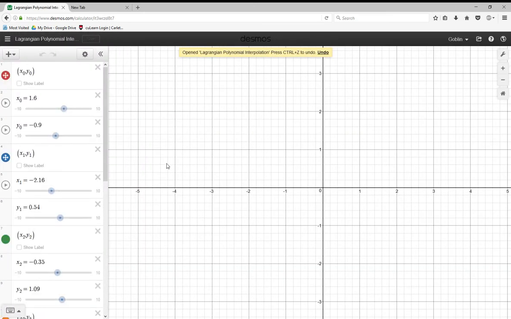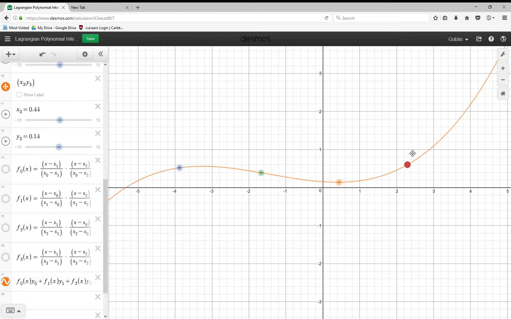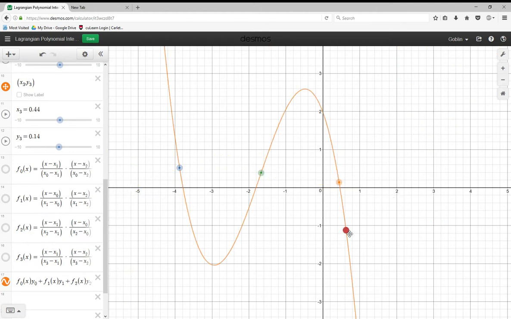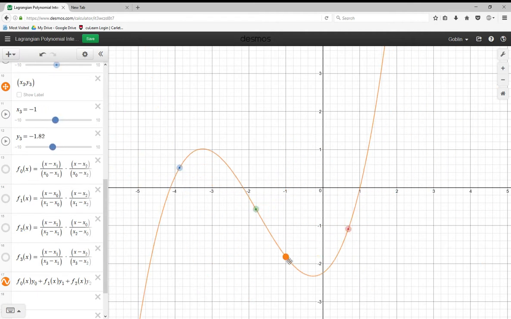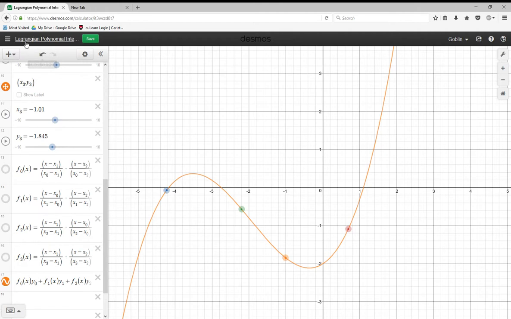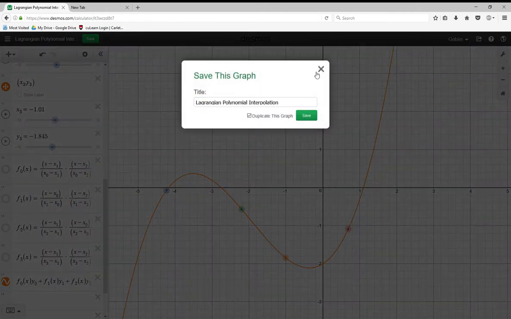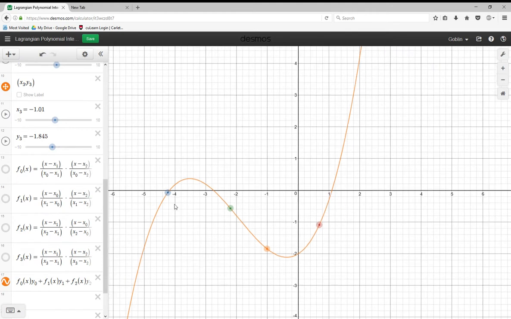Lagrangian polynomial interpolation. Wow, what a thing. What a word. This is a way of finding a function that goes through 4 different points. Lagrange. Is it Lagrange? I don't even know how to pronounce it, I'm not gonna lie, okay? I found this when I looked up the words numerical analysis, and I read the Wikipedia page, and it showed you how to do this, and then I read the Wikipedia page on Lagrangian polynomial interpolation, and I read it until I finally understood the essence of what was going on, and then I made